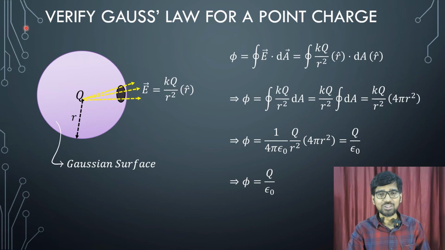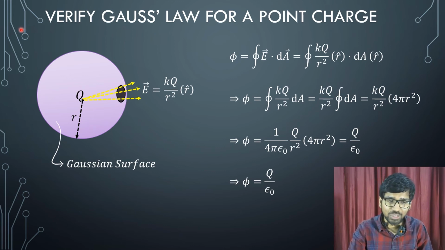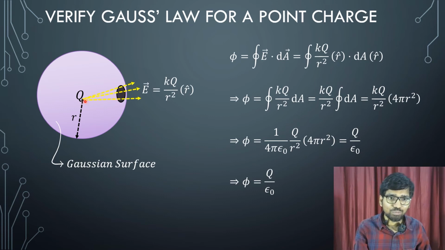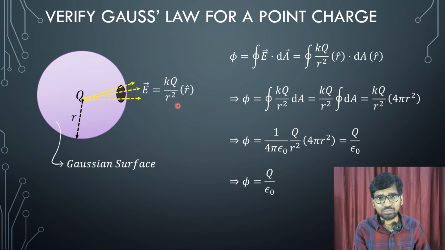You might have noticed that we did not derive the expression for the Gauss law in the previous slide because it is beyond the scope of your syllabus as it involves the concept of solid angle. So we will skip the proof, but we will verify it in case of a point charge. How is it done? Let's see. You have a point charge capital Q. You take a spherical Gaussian surface of radius r whose center is at the position of the charge. You have the expression for the electric field for this point charge from Coulomb's law, which is E equals kq by r square r cap.